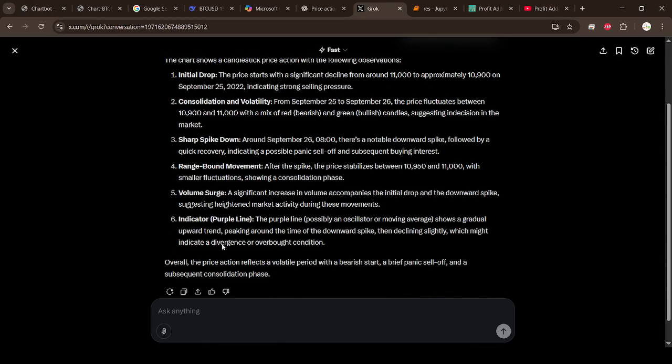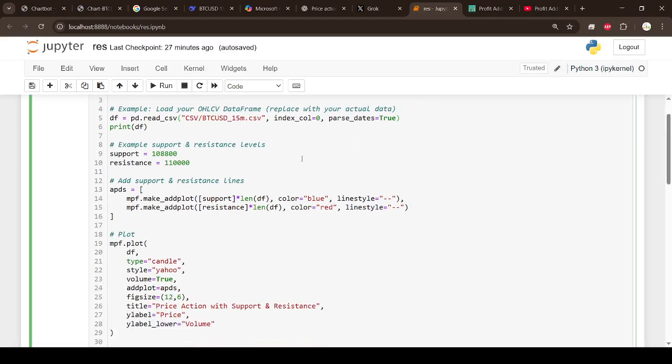Okay, and from this you will get a good learning, especially the learning part as a price action. If you know nothing about the candlesticks, how they are getting created, how it is going, you ask all of the queries and you will get a good learning. Okay, you don't have to study too much, just go in short. Go for it, ask the query, just read it and try to understand. That's it. And the rest of the things, as I already told you what I've done, I've been generating